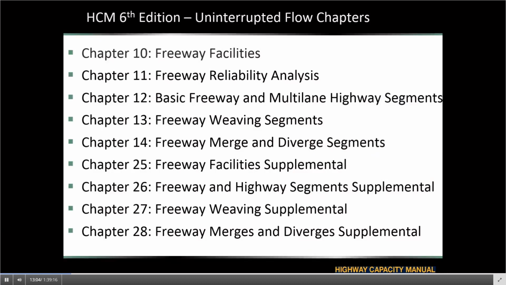And we will therefore not cover that material in a lot of detail today. Also for uninterrupted flow, there are several electronic chapters that are contained in the online volume 4. That volume is available at hcmvolume4.org and is available for anyone to access after you create a free account. You no longer have to have purchased the HCM.